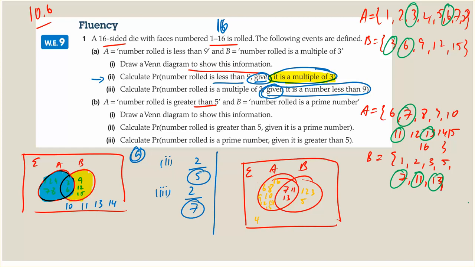Part 2, given greater than 5. Okay, so we're looking at the whole of the A circle. We've got 11 numbers. What's the probability that it's a prime number? Out of A, the prime numbers are 7, 11, and 13. So it's 3 out of 11. Okay, so conditional probability doesn't have to be hard. You just need to know what the given